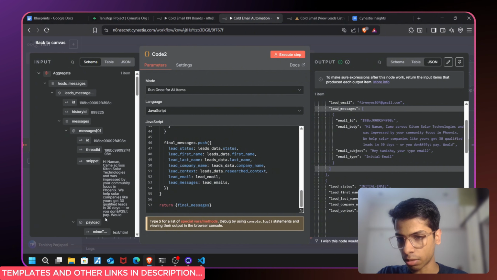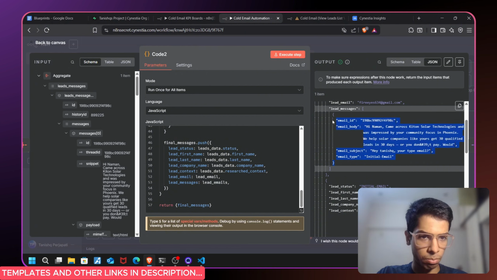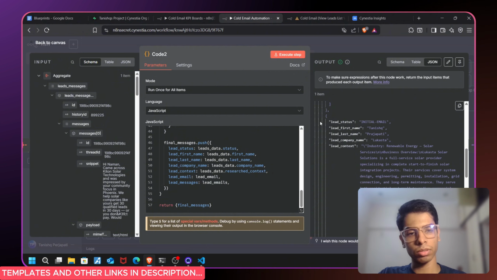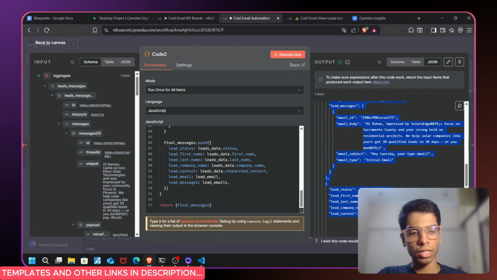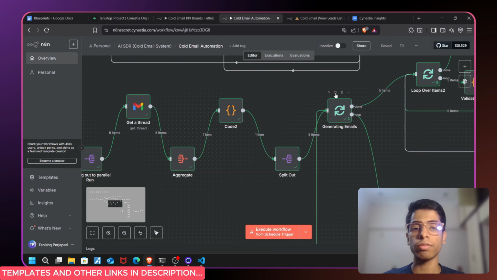Then we were just getting the important parts of the whole messages. As you can see, this is one complete message, and you're getting just the 4 important parts that we needed. That's what we're doing for each lead. We're getting all of their details and creating comprehensive data. It's really simplified data for the AI,